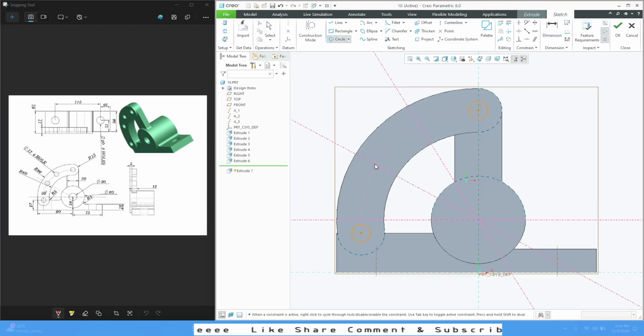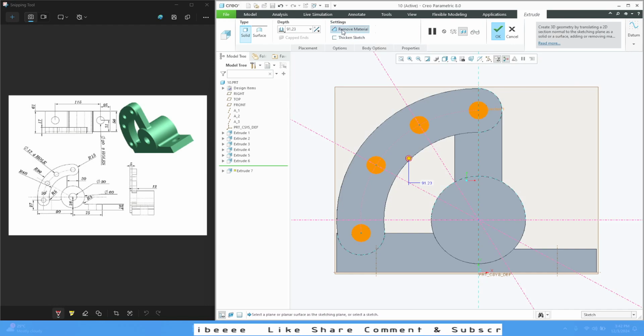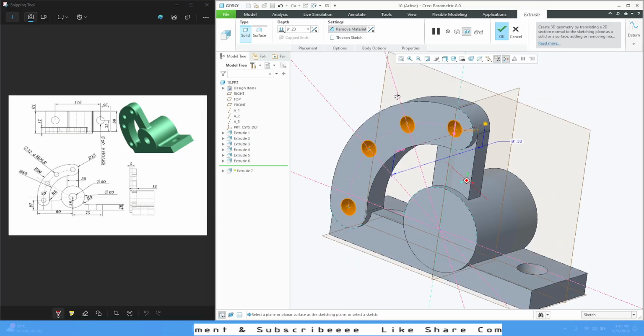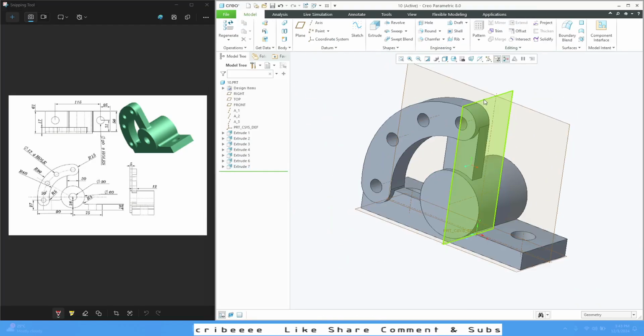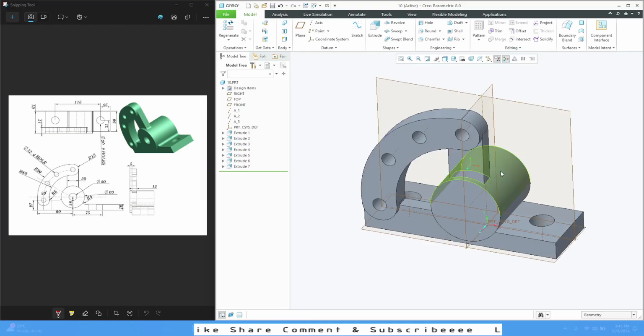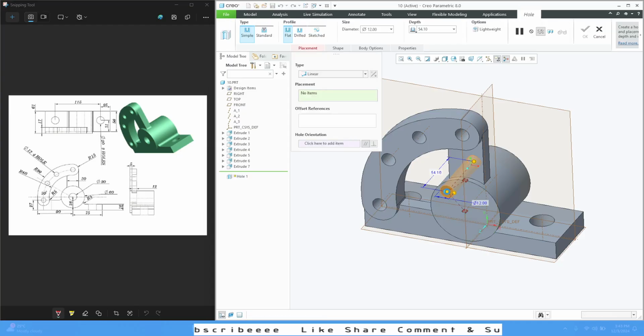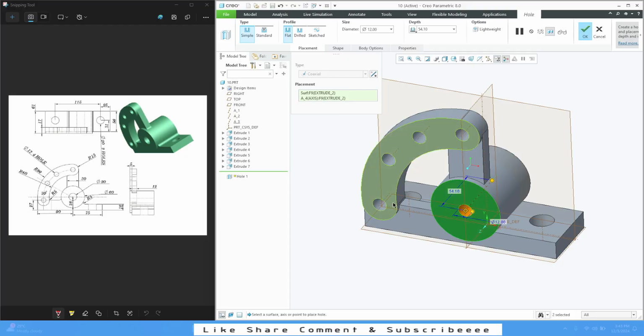Select circle, same diameter, go for OK, remove material, reverse direction, press OK. This is done. Last one is here. Go for hole command, select this face and press Ctrl and select this axis. Diameter is given 20. Go for through all. OK,